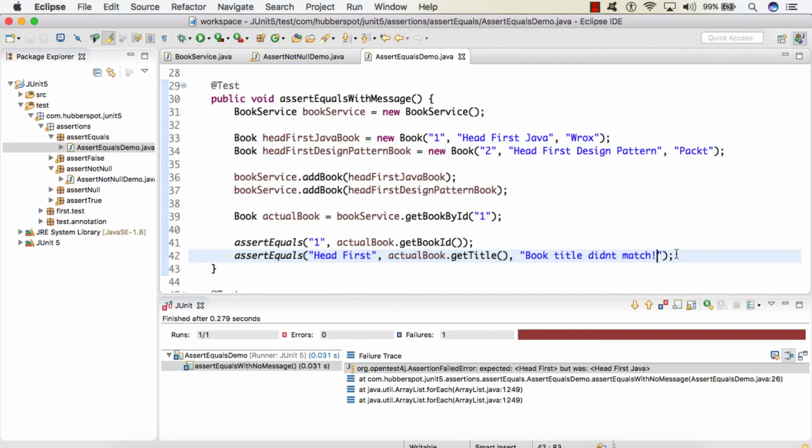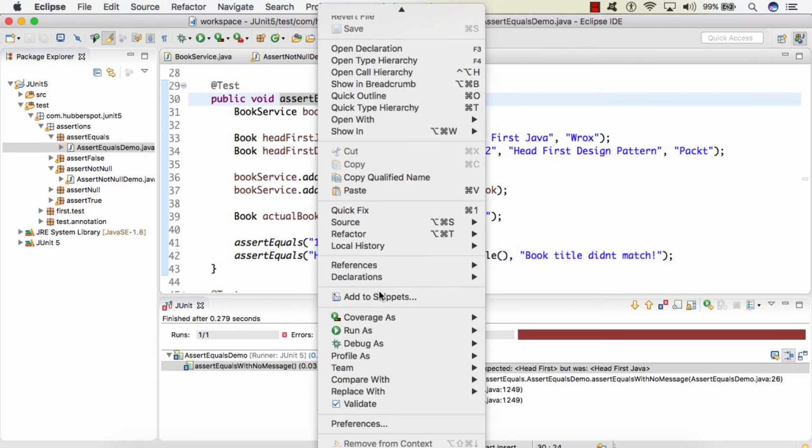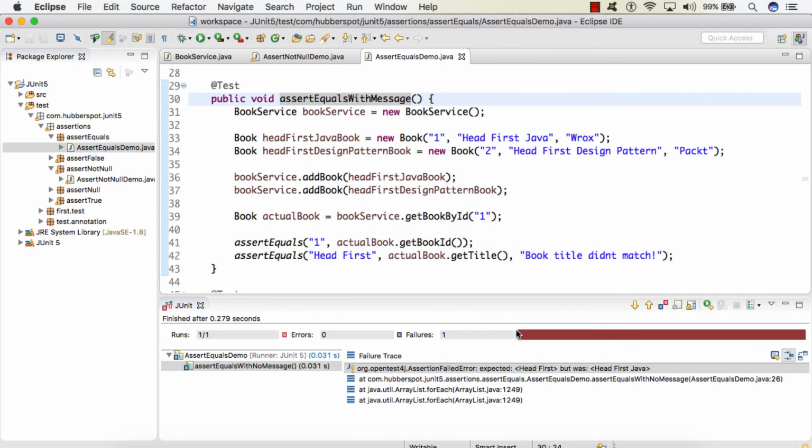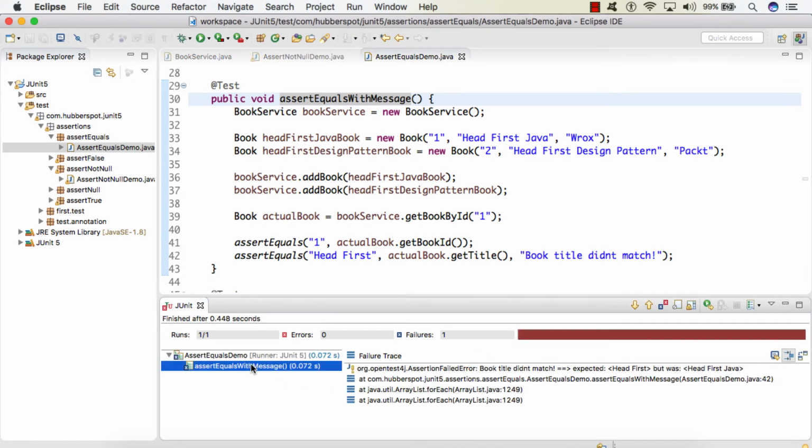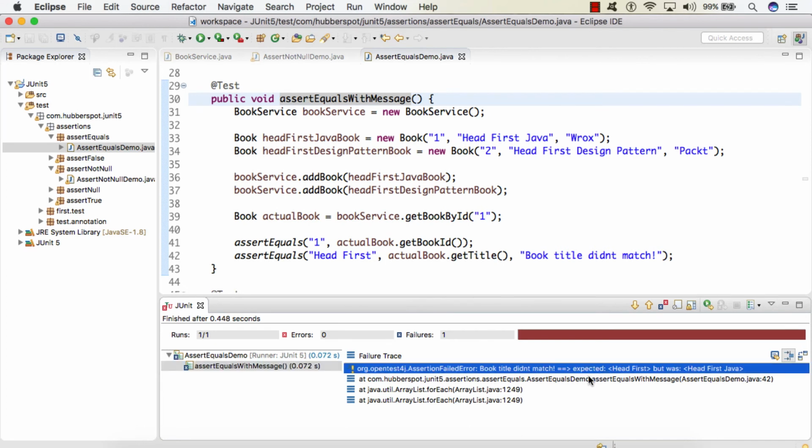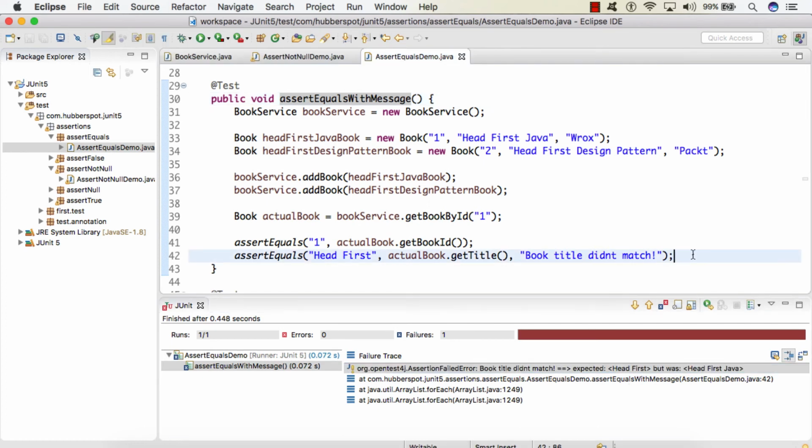If I run this test case, you can see the test case failed with an assertion failed error, and it says that it expected Head First but was Head First Java. Along with this failure, it provided the customized message that book title didn't match. So friend, this was our second overloaded assertEquals method.